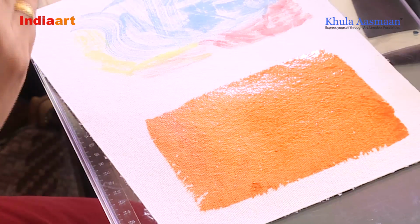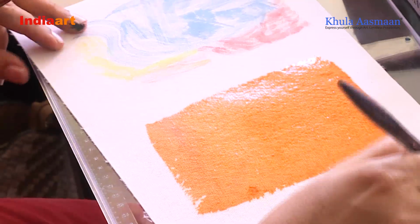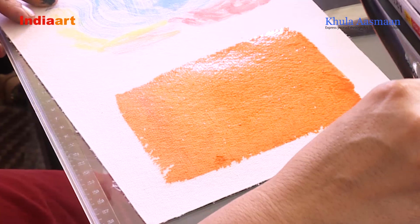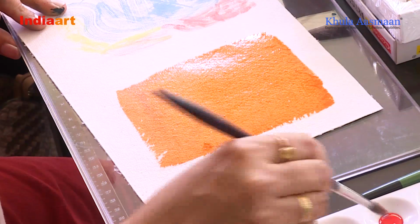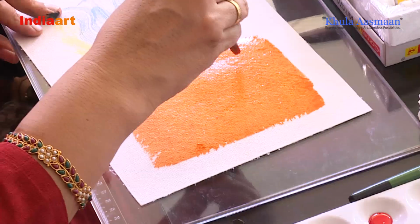We'll take thick color, like paste color, that is a little dry, not much water is there. Let's try red on it. Dark red. And do some